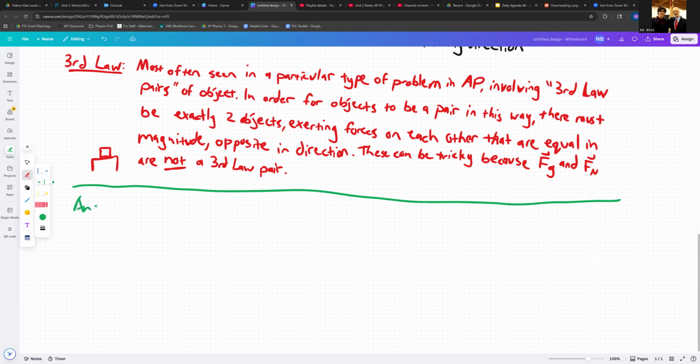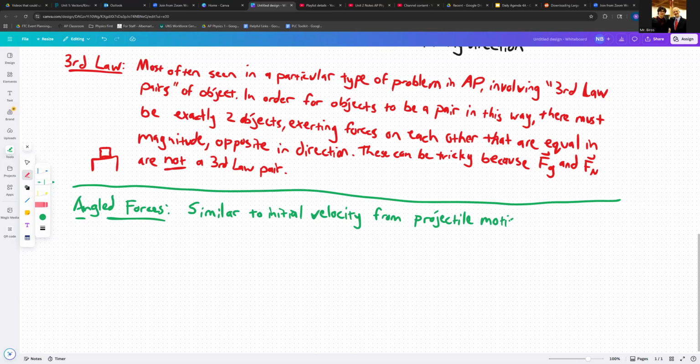For angled forces, the summary here is that similar to initial velocity from projectile motion, just like when we had projectiles and we had initial velocity that was at an angle, many forces, or at least some forces, I'd say a good amount of forces. We could probably get away with saying many forces